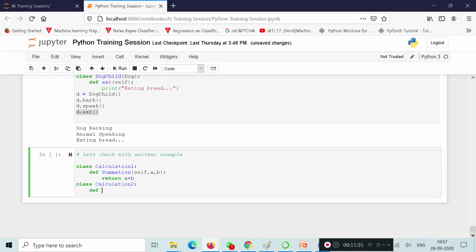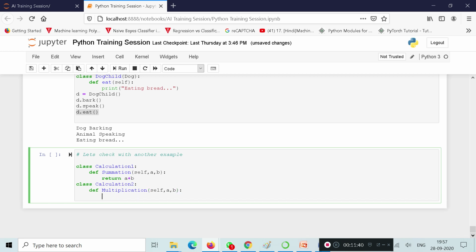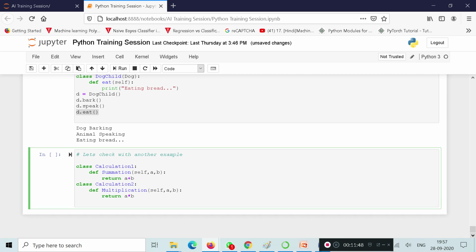So we have def multiplication self, a comma b, return a into b. This is our second. So we'll have another class derived. It is calculation 1 comma calculation 2,